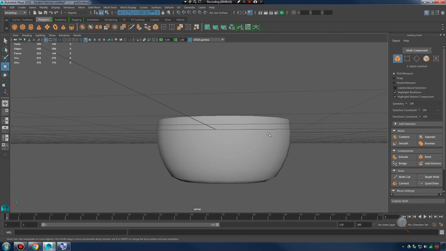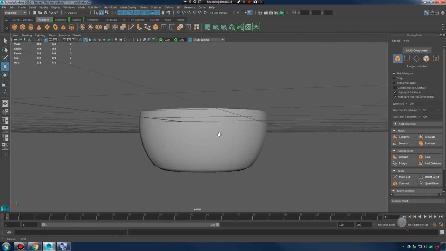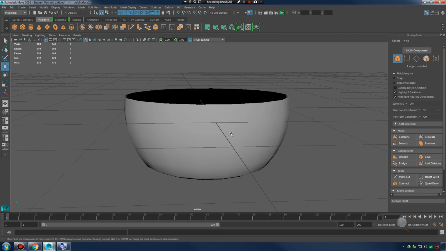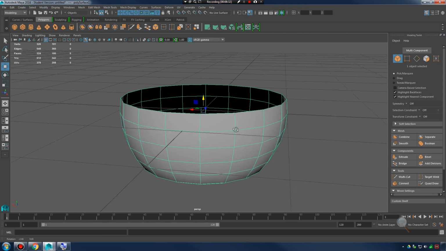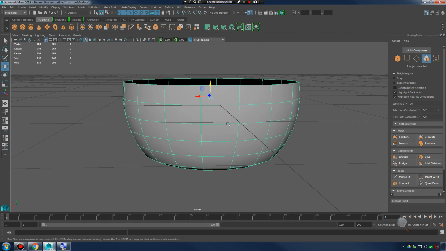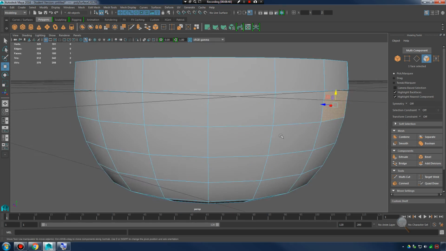This is going to be a workhorse for our modeling in the future. We're going to be extruding faces a lot. So I'm going to go over a few different principles of extrusion. First of all, I'll just demonstrate what Extrude does. Okay, so I'll go in and I'll select this face right here,